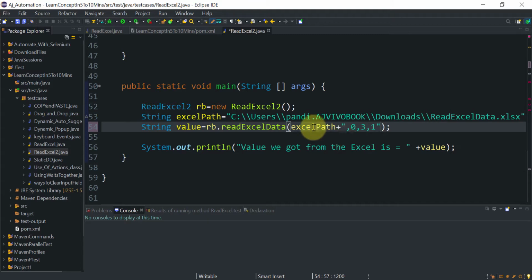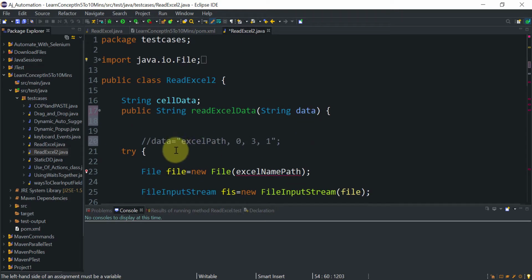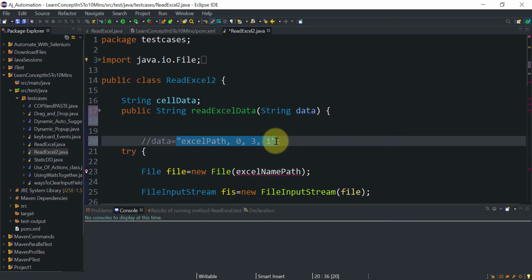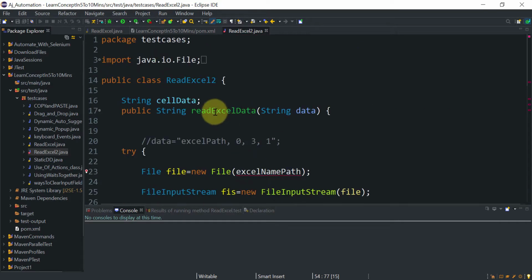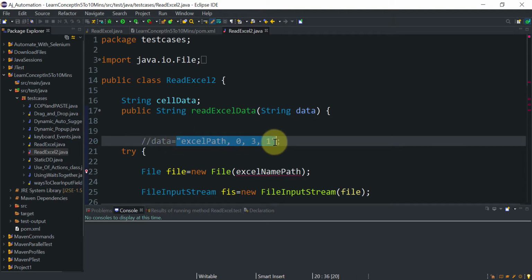So this will make a single string like this. So this is the value we are passing from this method. This value will be passed to this generic method in the data variable. So the value of the data variable will be like this, right?